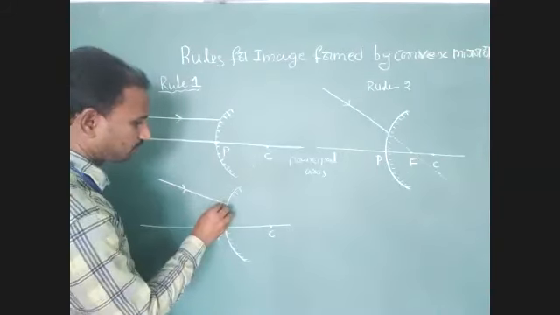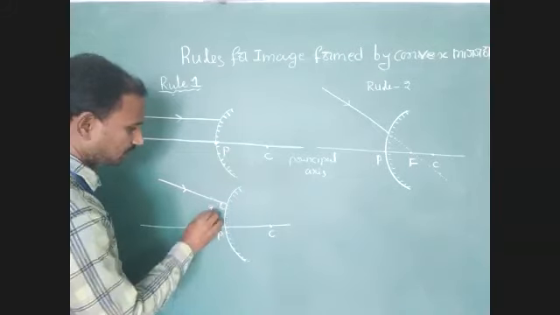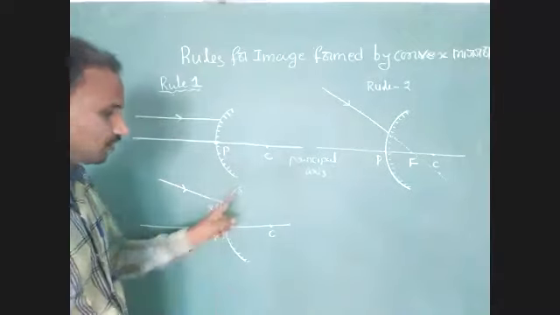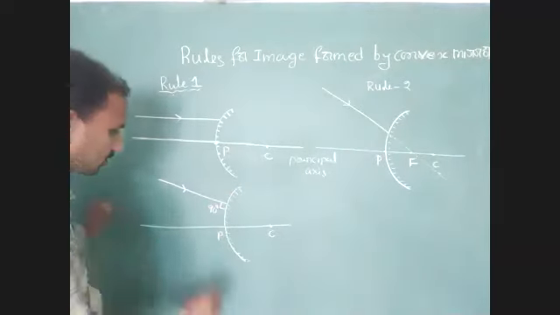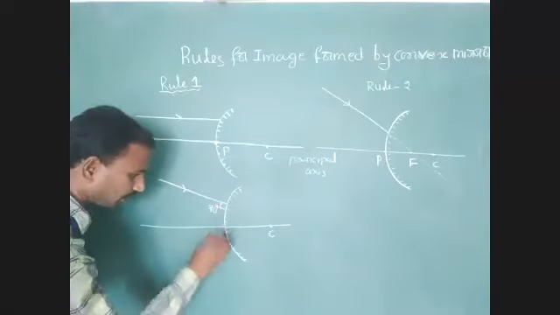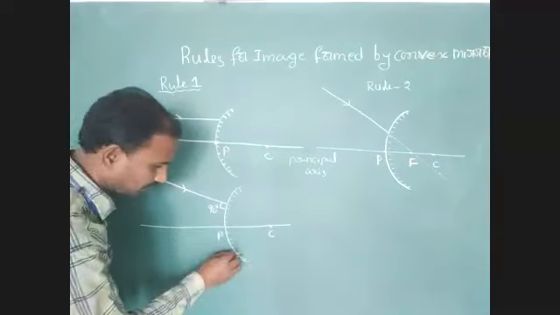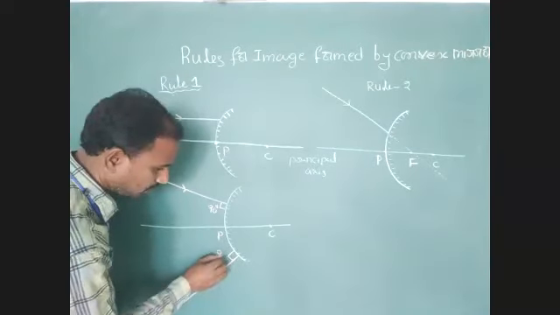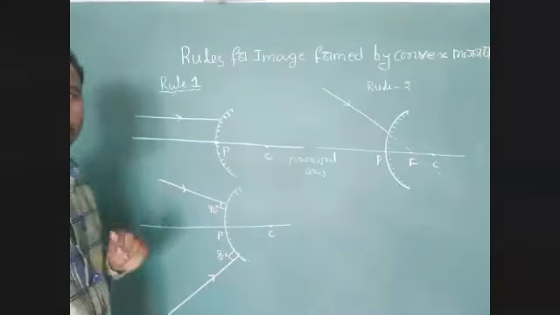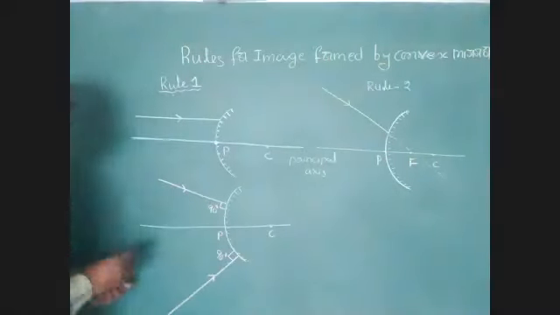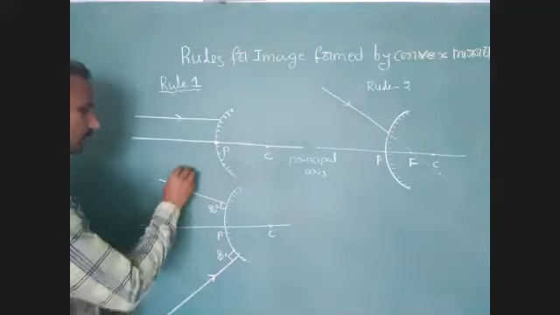Okay, here the angle, how much? 90 degrees. So here the incident ray is perpendicular to the curved surface of this convex mirror. We have to consider another point. Here also we can identify it is another incident ray. Here we can calculate that angle. Angle how much? 90 degrees. So it is rule 3. Just identify this rule.